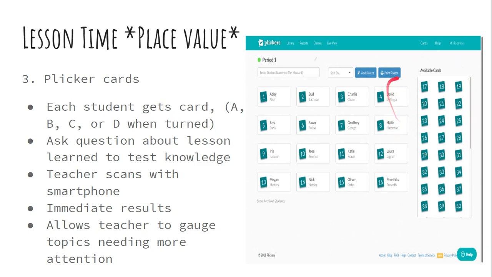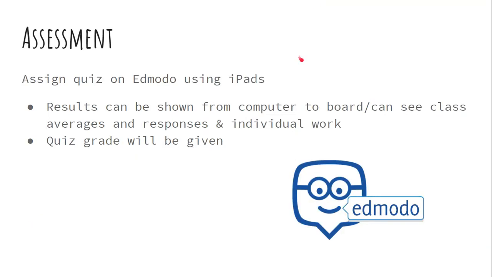So here on the side, you can see this is just an example photo, but each student has a card, and then it'll tell you who has answered. It also gives you immediate feedback, so the teacher can know what area of the lesson she needs to go back and revisit. So the assessment for this lesson will be the teacher will assign a quiz on Edmodo, and